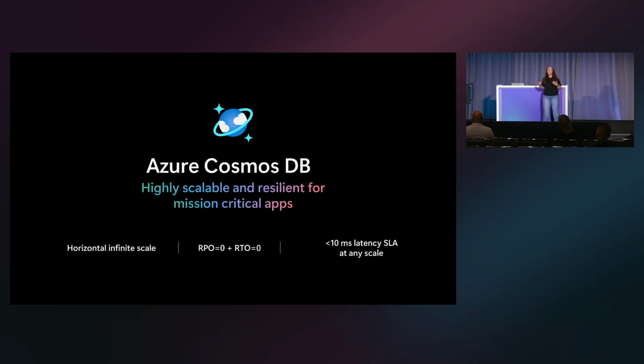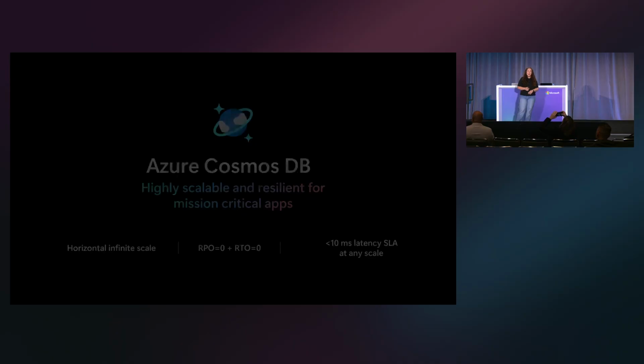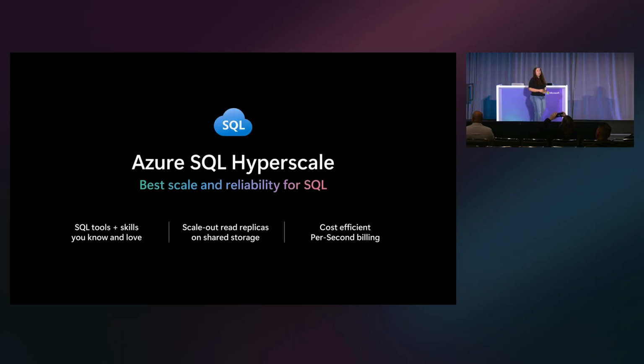You can also achieve RTO of 0 with multiple ways of active-active, and we'll look at a couple active-active configurations in just a minute. Now, I'm using CosmosDB for this example, but if you have a relational database or relational data, expertise in SQL, there are also plenty of great SQL options that will also allow you to build scalable and resilient applications. I want to talk a little bit about Azure SQL Hyperscale, which you heard Sam's Club is